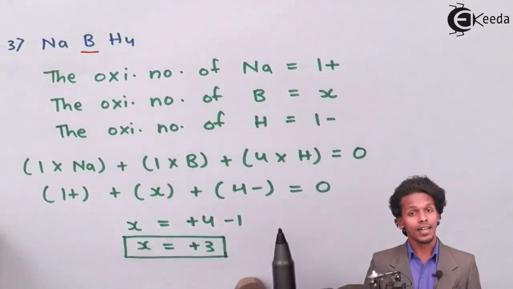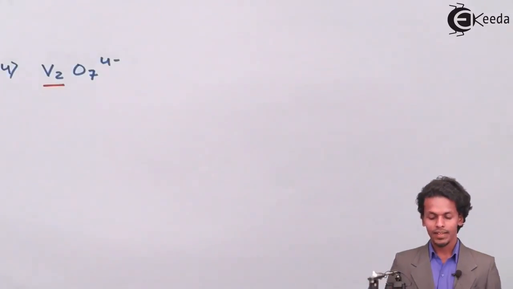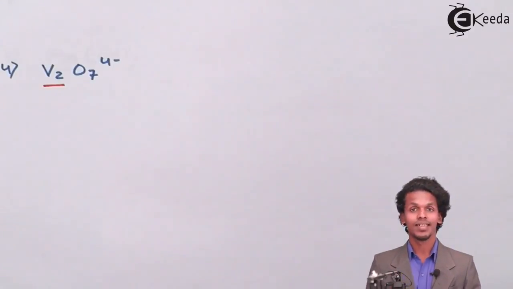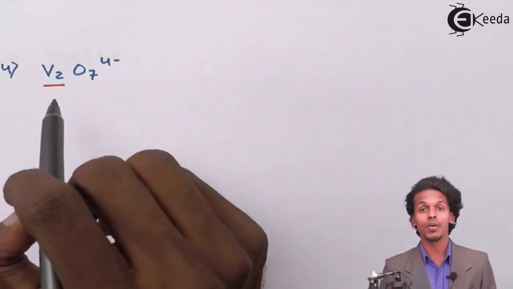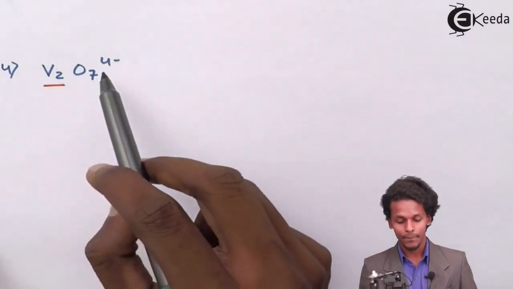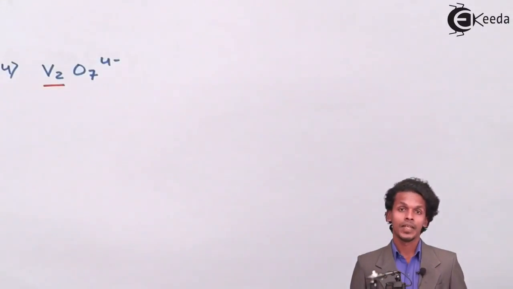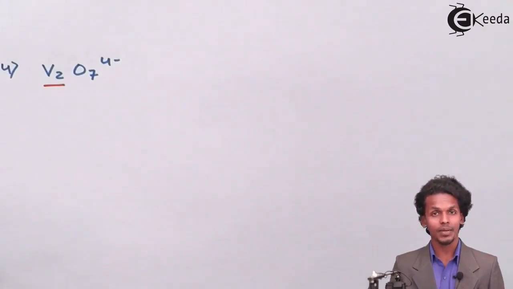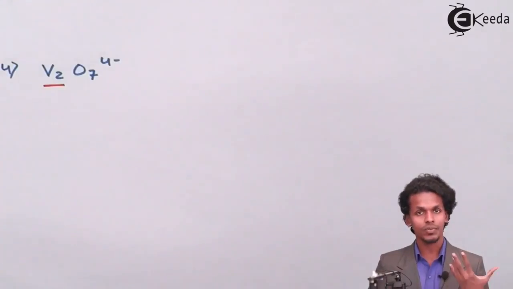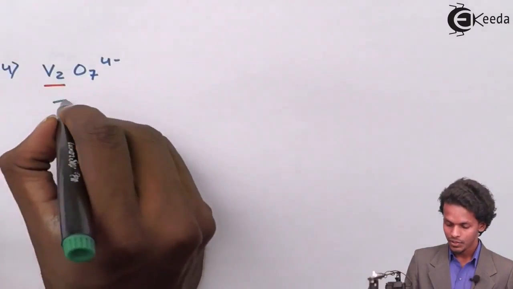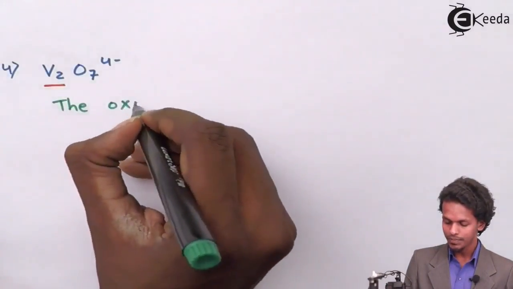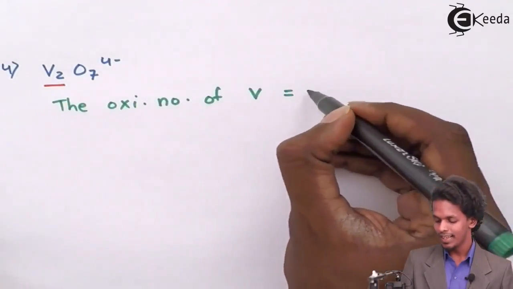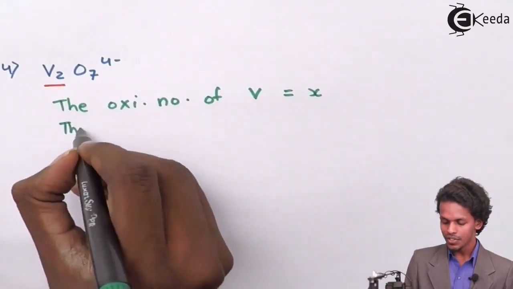So let us take another example. This is of a different type, but we have to do it very carefully. In this case, this vanadium oxide molecule has a 4 minus charge. So therefore we could write the oxidation number of vanadium. In this case, we have to find it out, so we'll take it as X. So therefore the oxidation number of vanadium will be X,